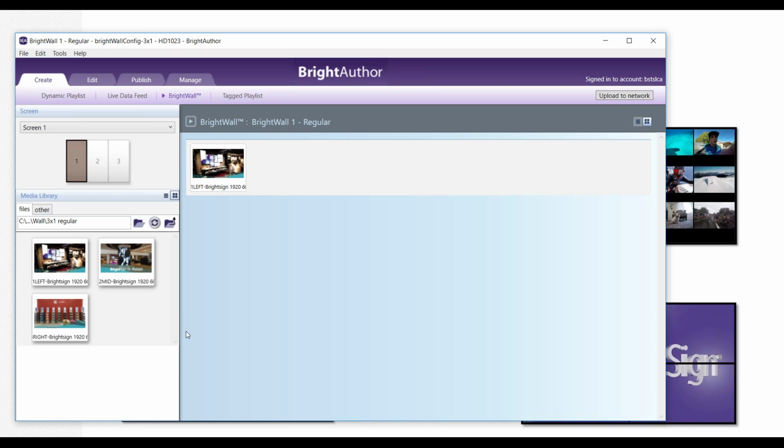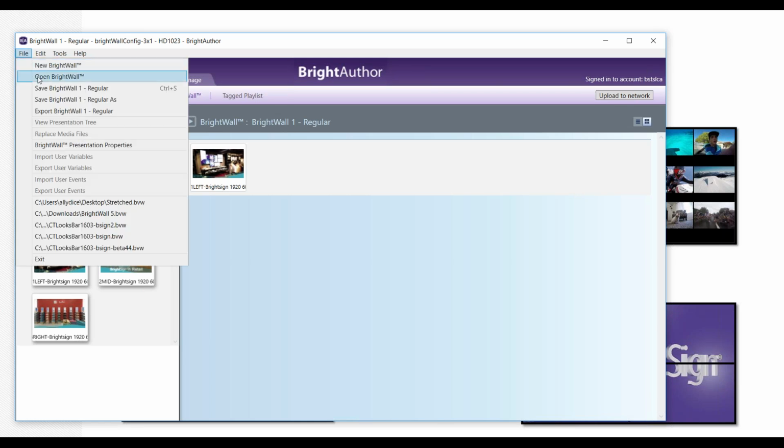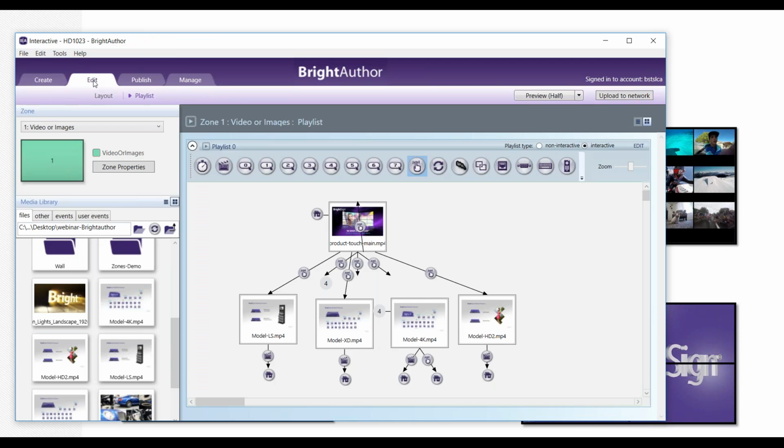And then you just publish the HTML file to their respective screens, and you have, for example, a ticker that's scrolling from the rightmost screen across all 4 displays, and it looks like it's just one continuous ticker, like it's synchronized. And you can have a regular BrightAuthor project that you build, and that ticker can just play on top of it without any problem. So I have an example of a portrait one that was done